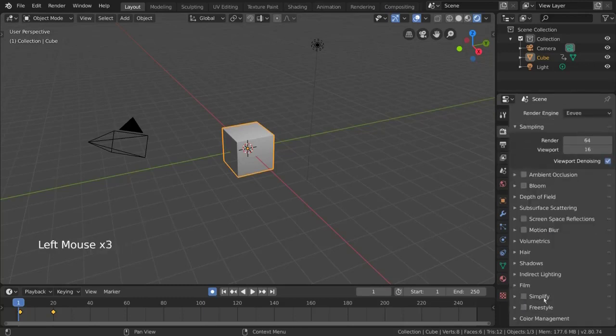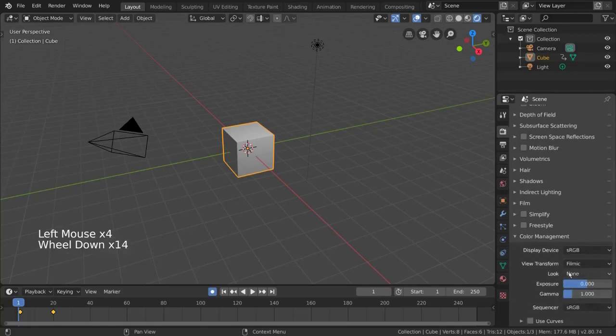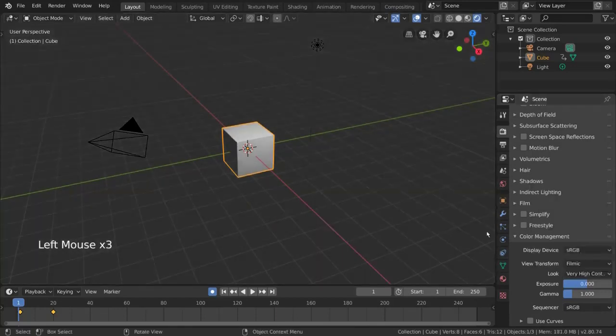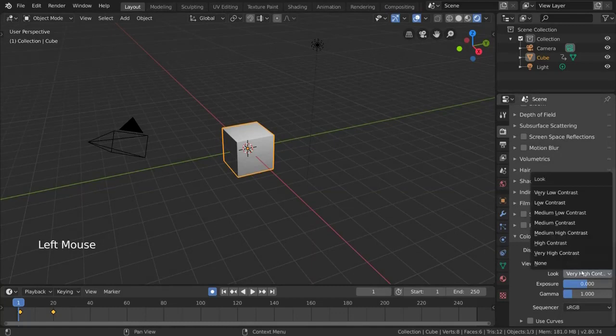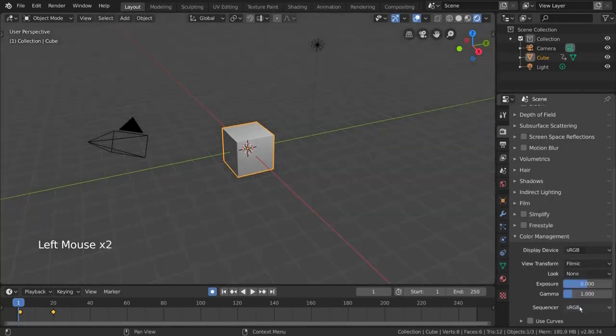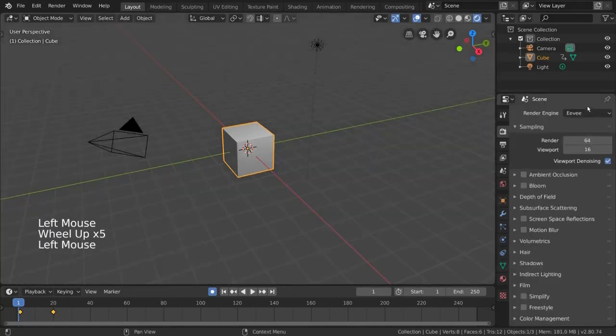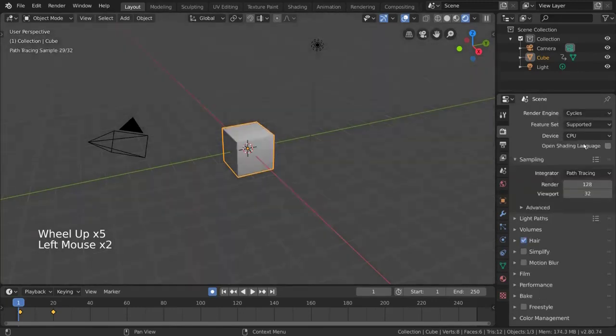And finally, we have Color Management, which is also available for all 3 render engines. This one is pretty self-explanatory. It manages color. Feel free to experiment with these settings as they will affect how your colors are interpreted for your output render. Now, if we switch over to the Cycles render engine, you'll see that the options we have